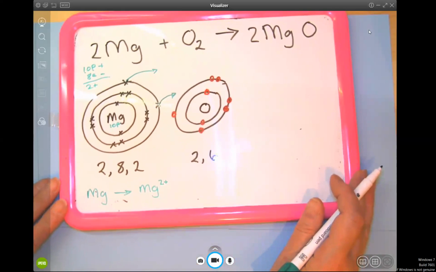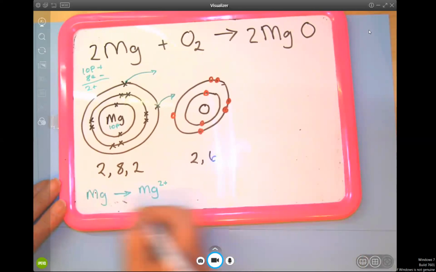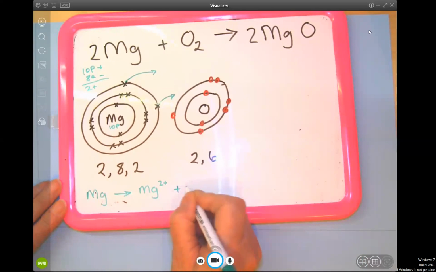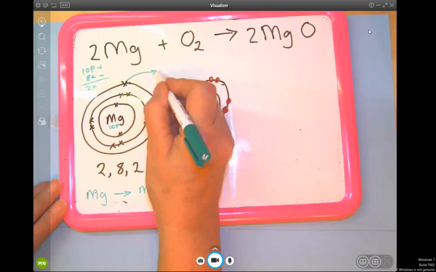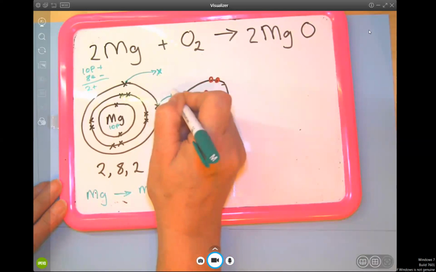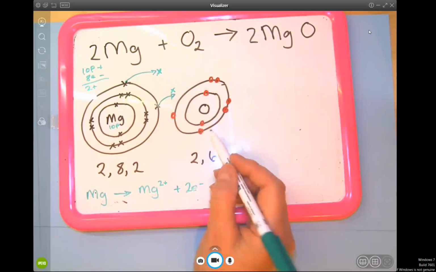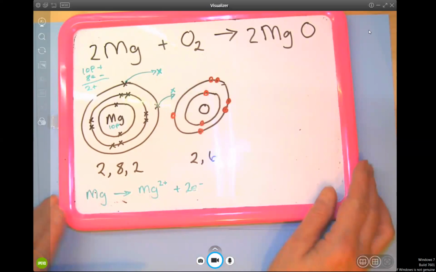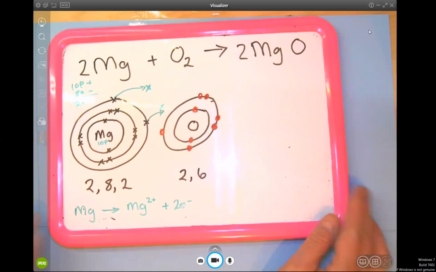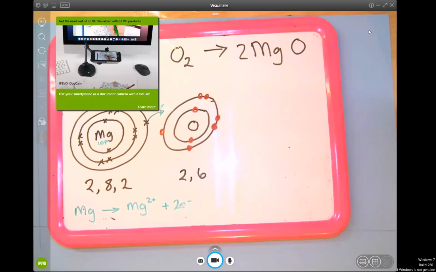See if I can show that a bit better. Okay, so the magnesium becomes a magnesium 2 plus ion, and there's the 2 electrons that it's lost, which I'm going to represent as these green electrons. So the electrons move, they will go to the oxygen. Oxygen has 6 electrons in its outside shell. Is it easier for it to gain 2 electrons to become 8, or is it easier for it to